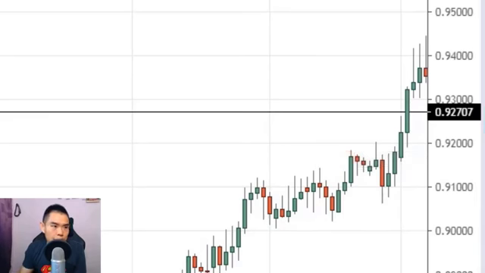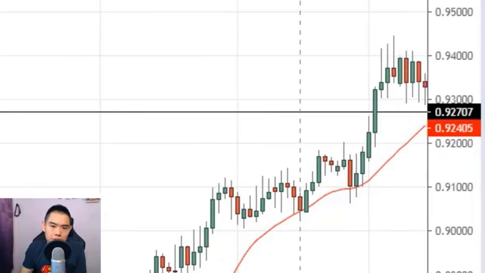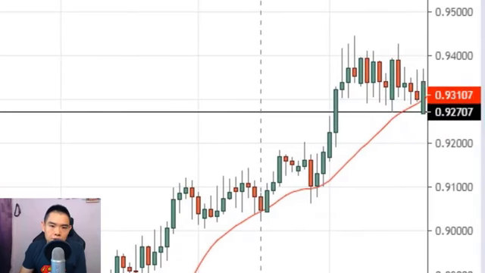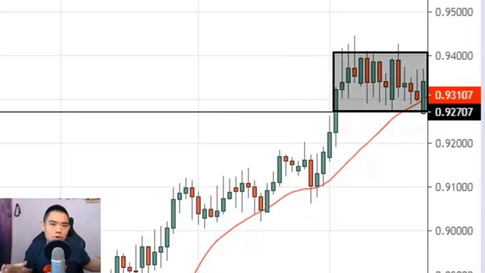So you pull out the 20 MA. The 20 MA has to touch the lows of the pullback first. So in this case, it has touched it over here. Great. It has touched the lows of the pullback. And if you look at the range of these candles, it's very nice and small, very nice and tight. That's good, because it tells you that there isn't any strong selling pressure controlling the market and about to push